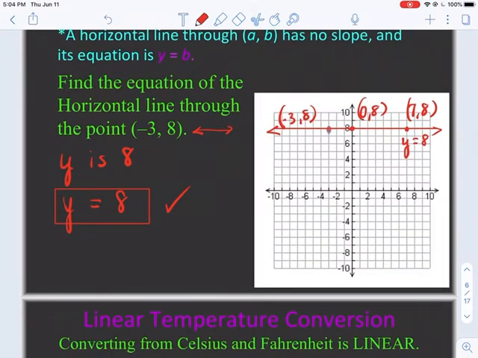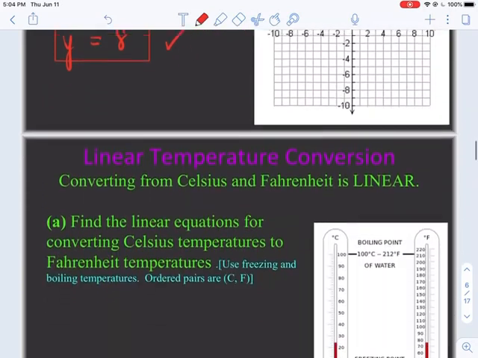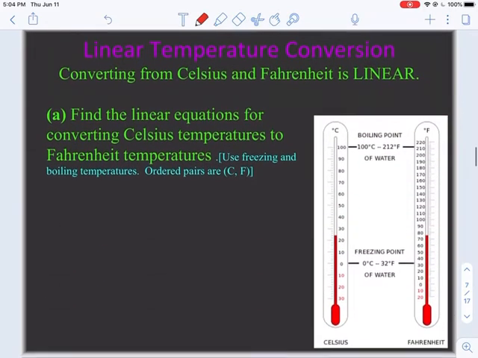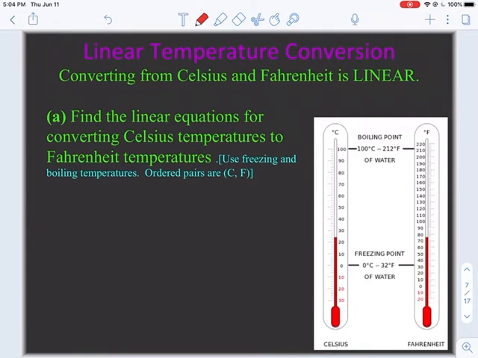Okay, now one more with a line, and we're going to get the equation for a line in this case, is linear temperature conversion. So in this case, where you have linear temperature conversion, you've got to consider, if you want to find the linear equations converting Celsius temperatures to Fahrenheit temperatures, then you've got to use freezing and boiling temperatures with this. So we're going to write the equation of a line. And with this, what's the temperature